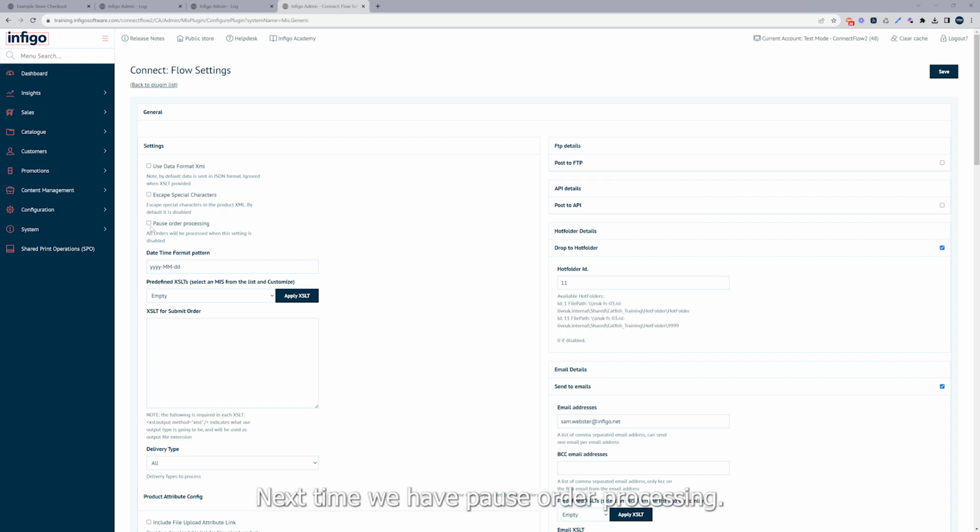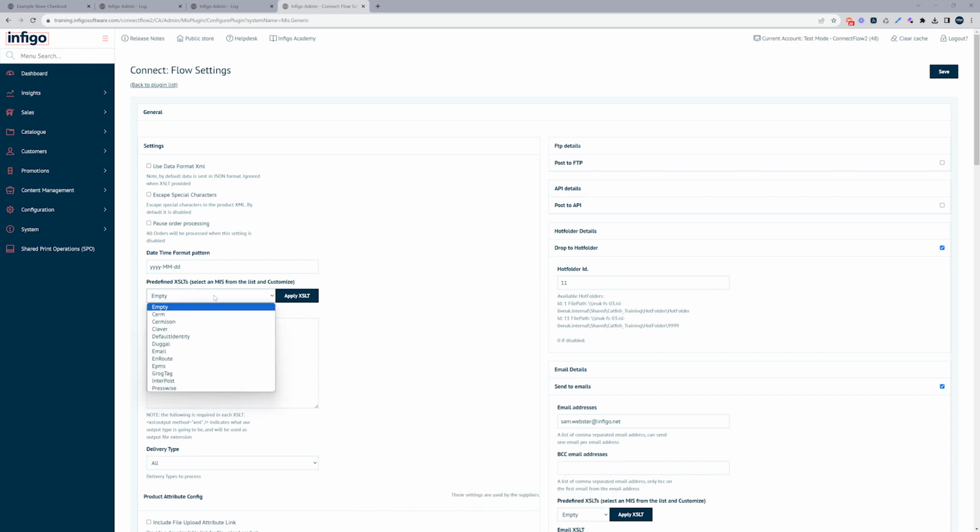Next down, we have Pause Order Processing. So this is a stop toggle switch. Enabling this setting means that the ConnectFlow plugin is not triggered by any orders. Next, we have Date Time Format Pattern. This provides the ability to specify a date format,